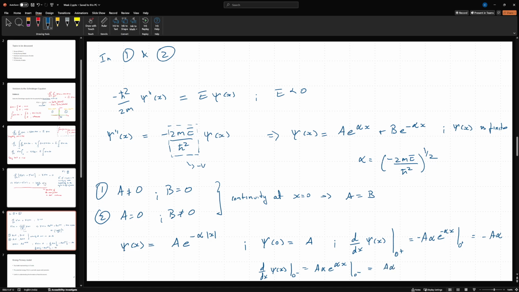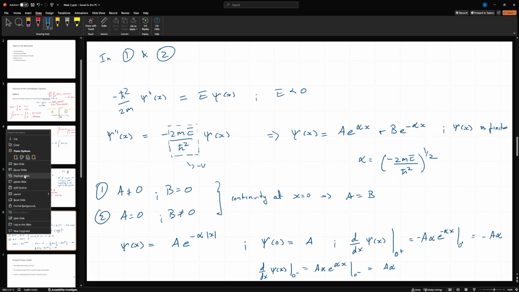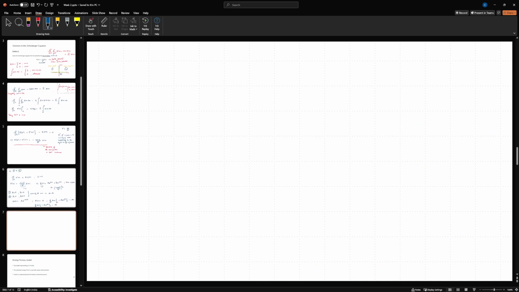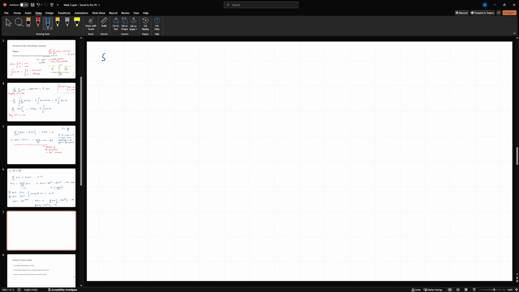So substituting these two values in this relation, let me call this equation 1. So substituting in equation 1,